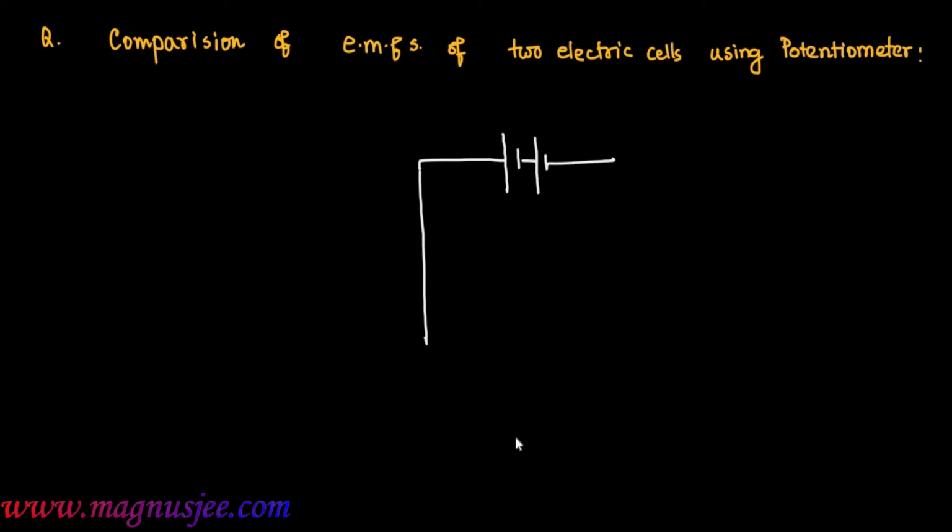This is the driving battery of E.m.f. E', which drives the potentiometer or the circuit. To this driving battery of E.m.f. E', an ammeter will be connected in series combination, and we can denote the positive and negative terminals. This is the negative terminal, which is connected to the negative pole of the battery, and we can denote the positive terminal